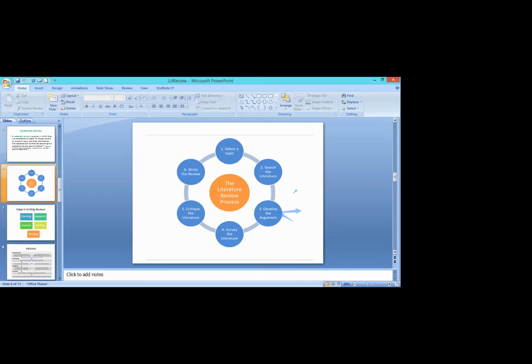So the next important thing is then to search the literature about it. How to search the literature? You have Boolean operators. Yes, you can use AND if you are searching two important terms. If you are searching one important term and you want to exclude the other term, you have to use OR, right? And sometimes you have to search from different angles in order to get the correct literature. Search of the literature then leads to the development of the argument.